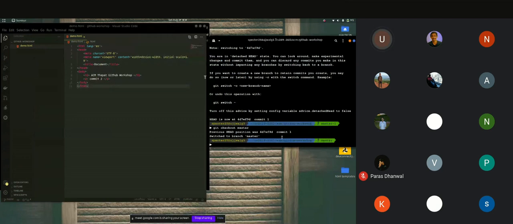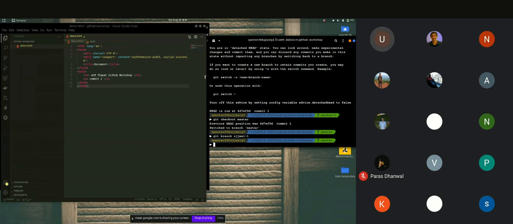Now the way we create a new branch is using two commands. First, you create a branch, and then we check out to that branch. So git branch, and let the name of the branch be user one.